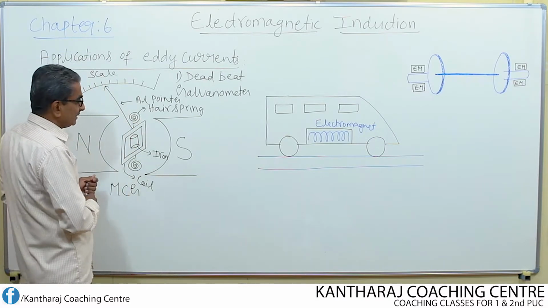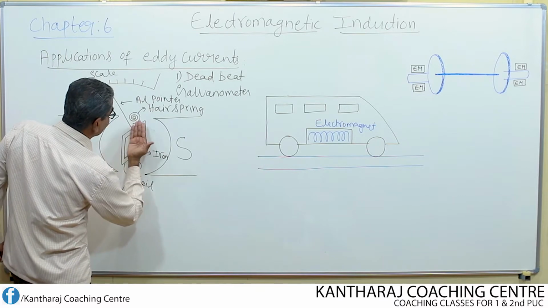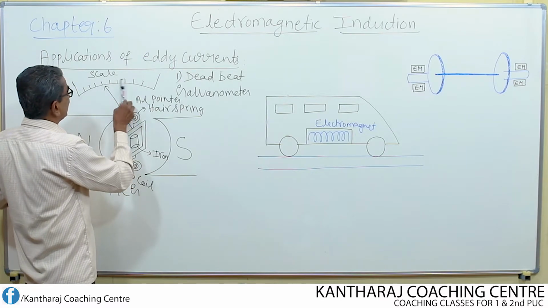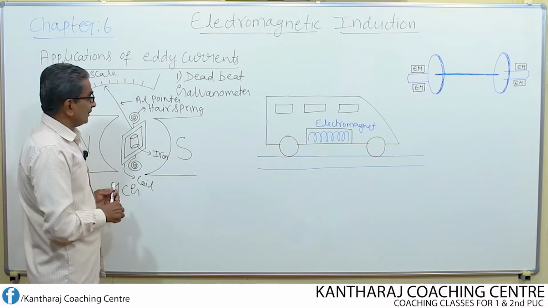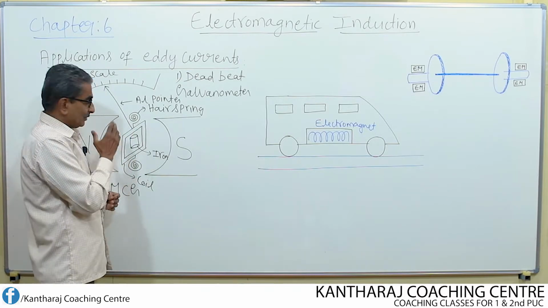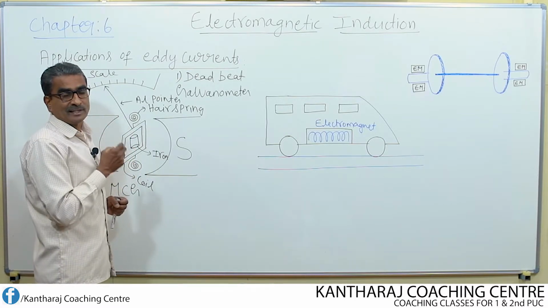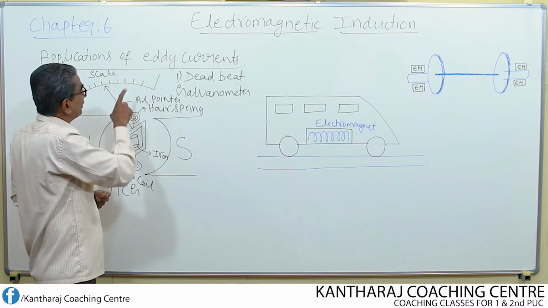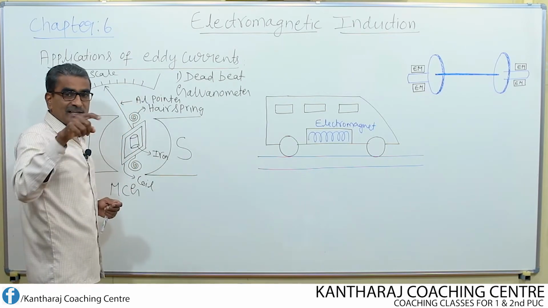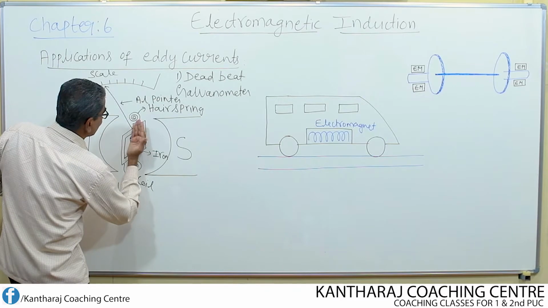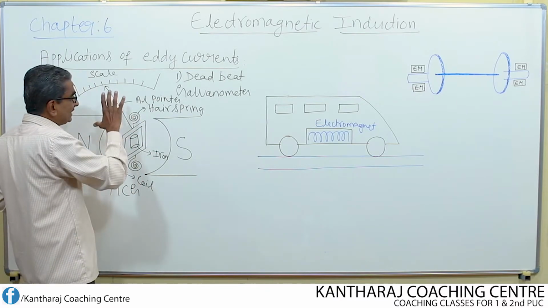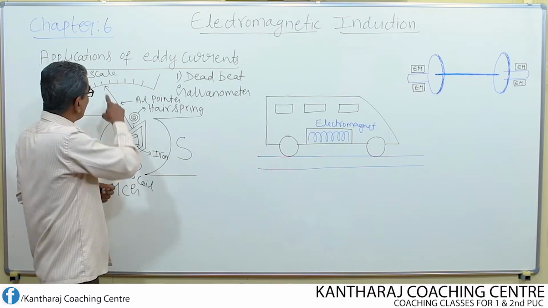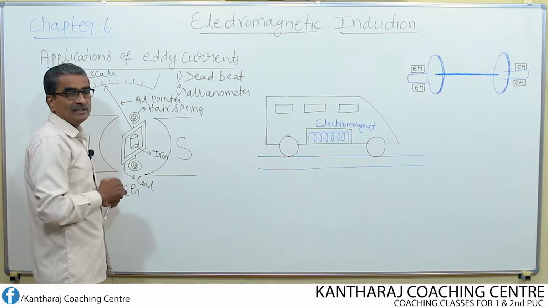When we pass the current, we know that the coil deflects like this. That means the coil oscillates. Now when the coil oscillates, the pointer which is connected to the coil will also oscillate over the graduated scale. For the coil to come to rest, it takes some time. That means we cannot measure the reading at that instant itself. Quick measurement cannot be taken over the scale. The reason is when the coil oscillates, the pointer also oscillates and it takes some time to come to rest. In order to attain the equilibrium position for the pointer or for the coil, some time is needed.